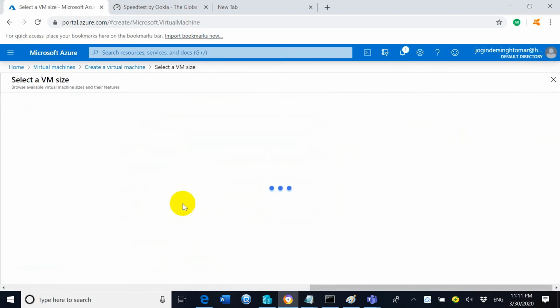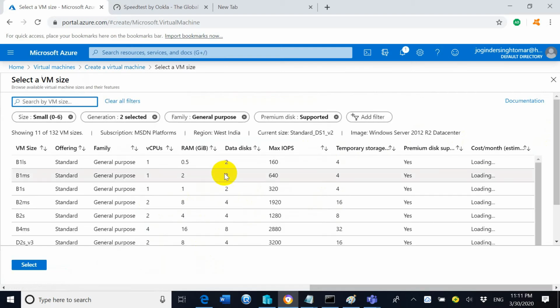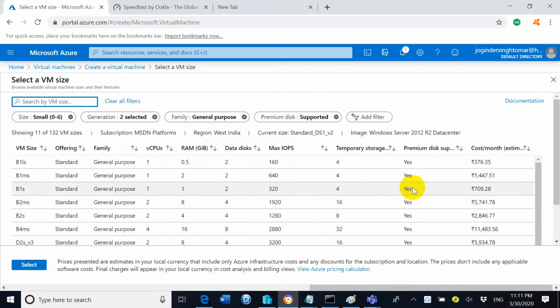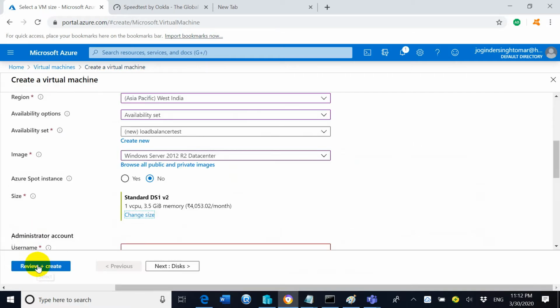Click on change size and select 709.28 as a plan in which you will get the hardware specifications that you will utilize during the virtual machine. That is the one virtual CPU, and the RAM is 1 gigs, 2 data disks. And now click on select,